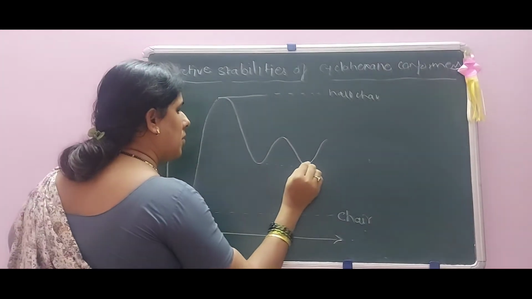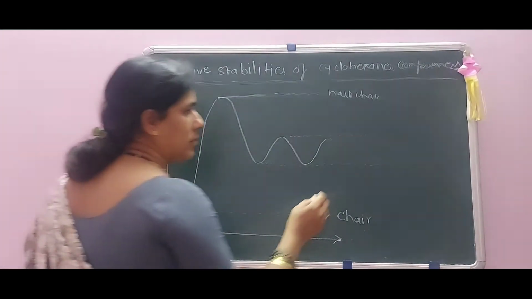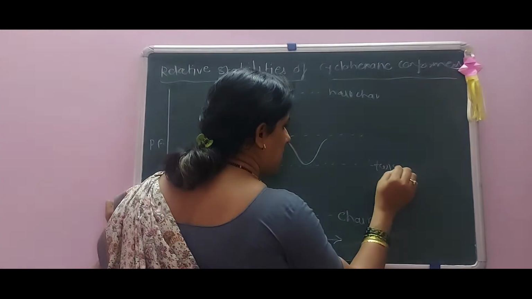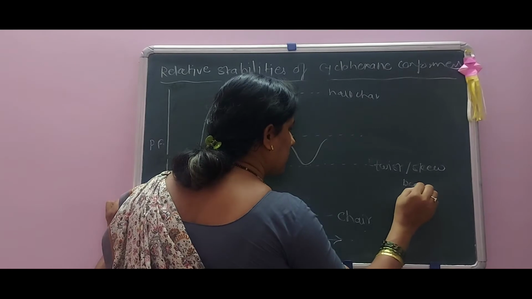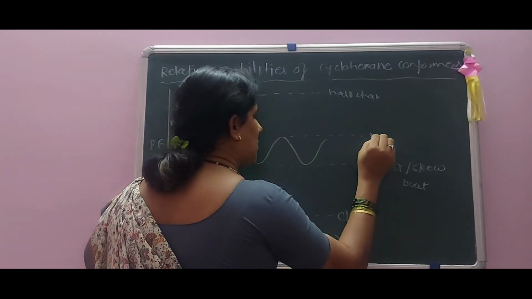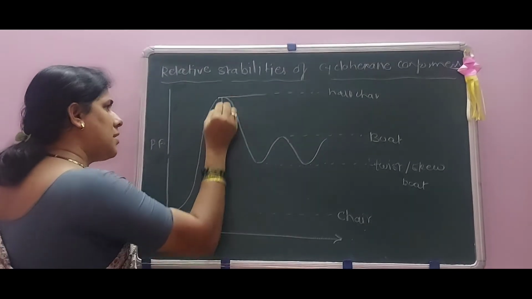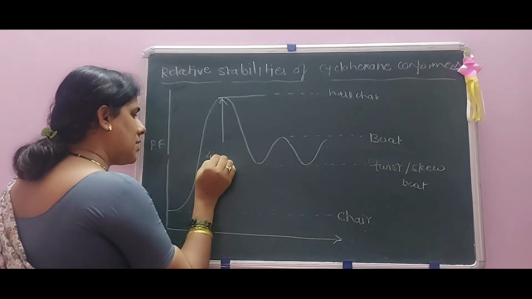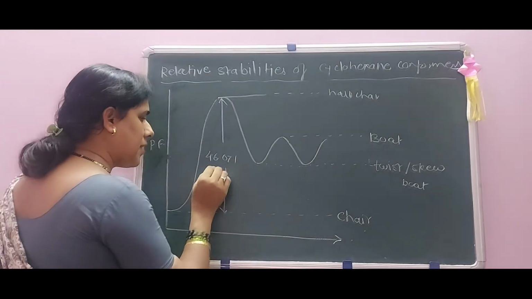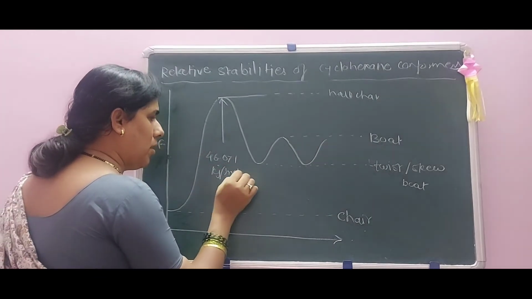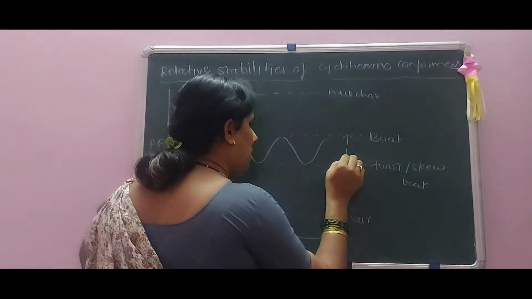Now this form is known as a twist or skew boat, and this form is known as a boat. However, the energies considered here are 46.071 kilojoule per mole from here. In between these two, whatever may be the amount,